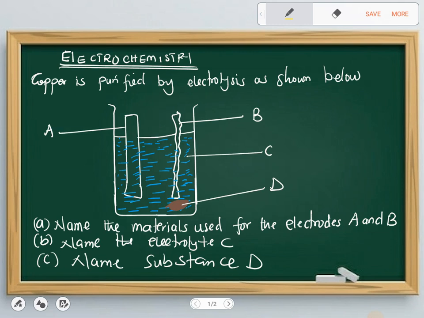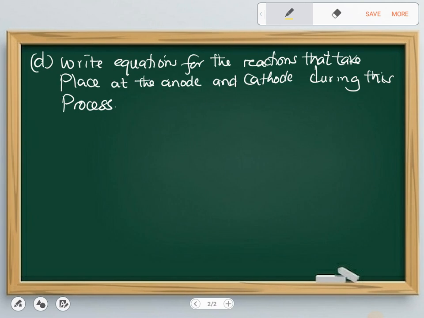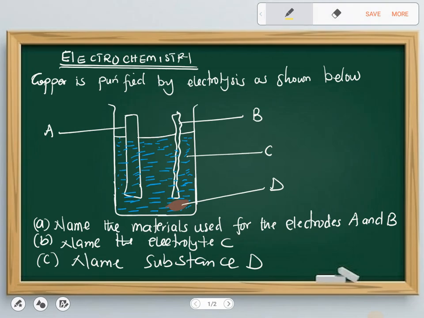Now we've got A, B, C, and D. The question says name the materials used for the electrodes A and B. It also says name the electrolyte C and name substance D. It further says write equations for the reactions that take place at the anode and cathode during this process. All right, so without wasting much of our time,